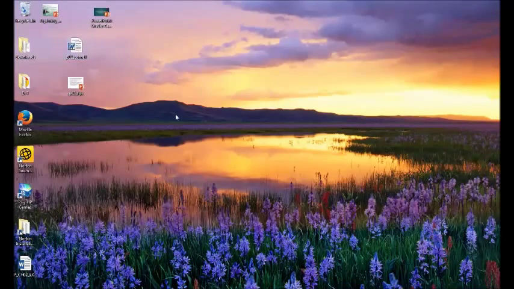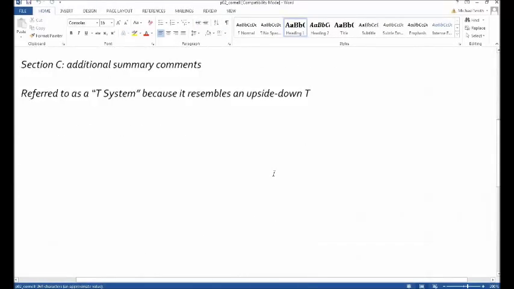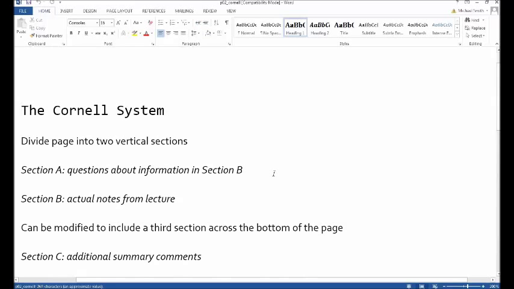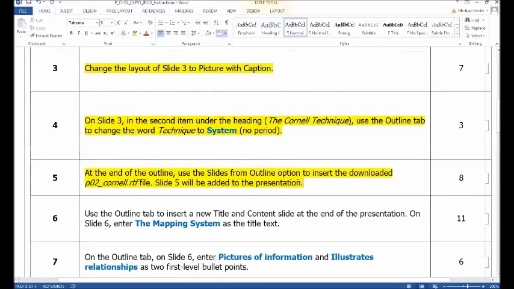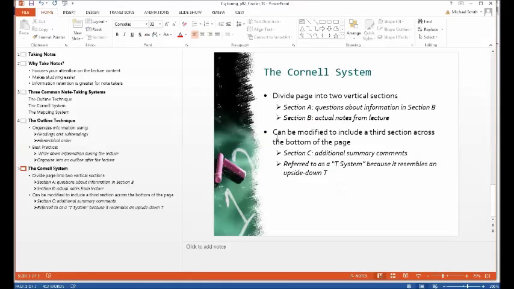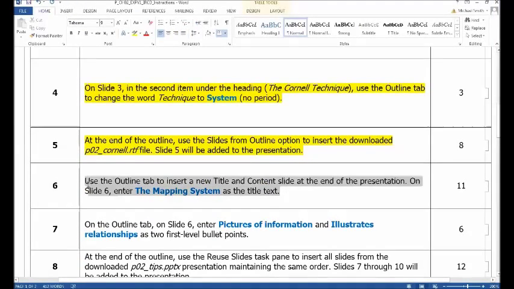If you looked at that document, let's go look at that document real quick. Here's the document, right? It just looks like a not really even highly formatted Word doc. But when we look at the slide that it inserted, right, it's all formatted the way we wanted it. Okay, so that was step 5. Now let's go to step 6, still in the outline tab,